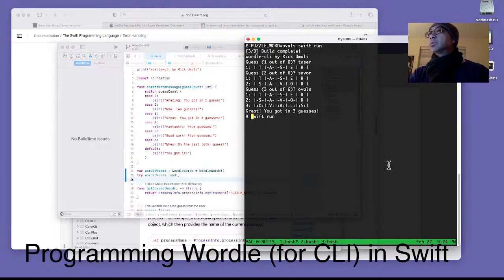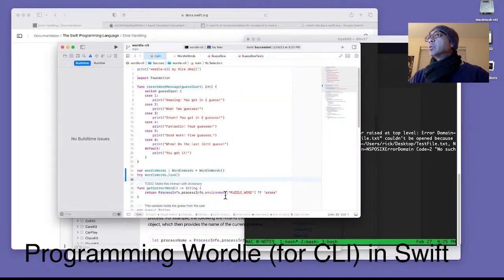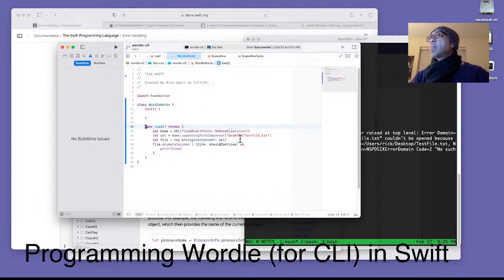So if I do run, it should fail. It should throw an error. Yeah. The file testfile.txt couldn't be opened because there's no such file. And then it's going to say, oh, user Rick desktop. So this is encouraging. I'm just going to put here that the URL is, see how it has the home directory. I'm going to guess I can put in